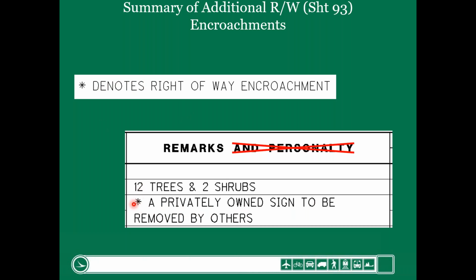The little asterisk denotes, and it's on the plans too, I'll show you one a little bit later on the detail sheets, that there's an encroachment, meaning the sign is in our existing right-of-way and is not permitted to be there. And when that happens, we are not liable to compensate the property owner because the sign is illegally there. So we just need to denote it. It gets handled through the acquisition, the appraisal process, but as a designer, we have to identify anything that's encroaching